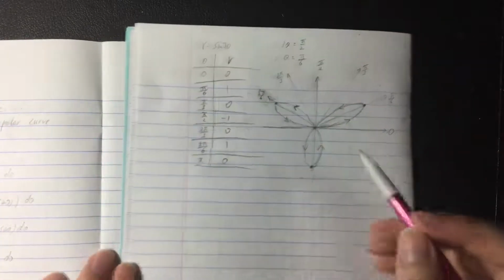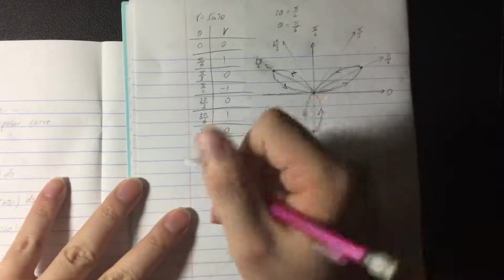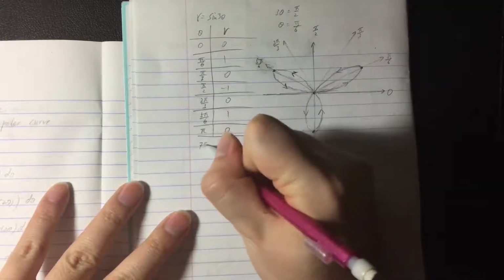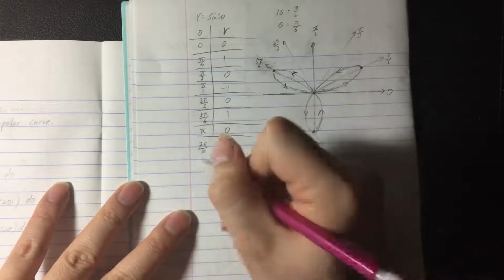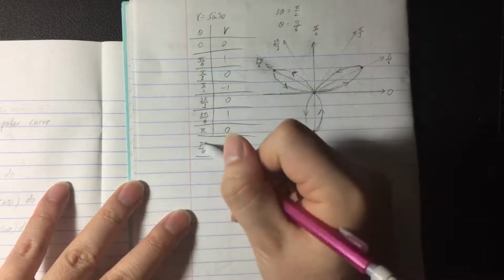Do we get everything here? Just to be safe, let's test one more point. If we repeat, then that's the entire graph. If it doesn't repeat, we need to plot more points. Let's test one more point. If I plot in 7 pi over 6,